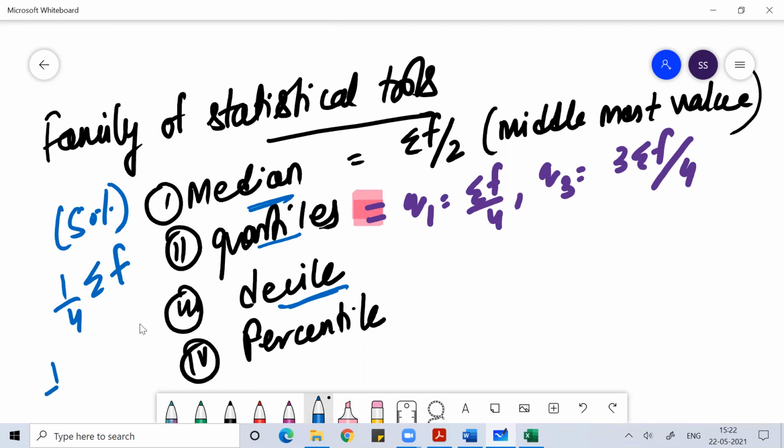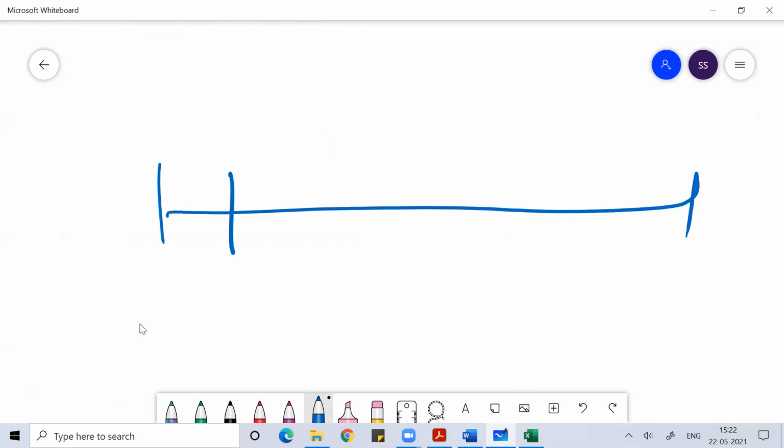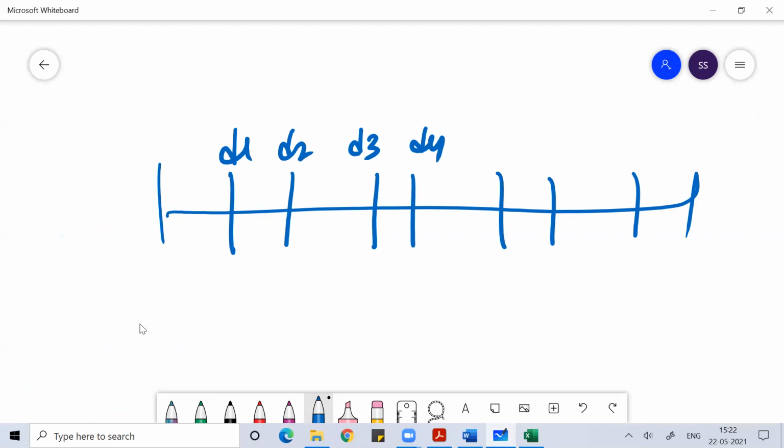And decile, when we say decile, it means 1/10 of the data, when you divide the data into 10 parts. If you have total data and you make 10 parts, how many lines will you cut, guys? You'll make 9 lines. So you have D1, D2, D3, D4, then you have D5, then D6, D7, D8, then you have D9,